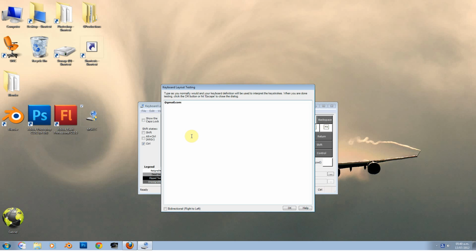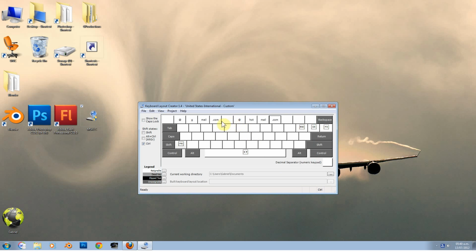1, 2, 3, 4. See, you can write @gmail.com with only pressing 4 keys. Or you can test the other one, 6789 @hotmail.com. So if your emails, or let's just say you always use one email, for example, instead of you always use, I don't know, to